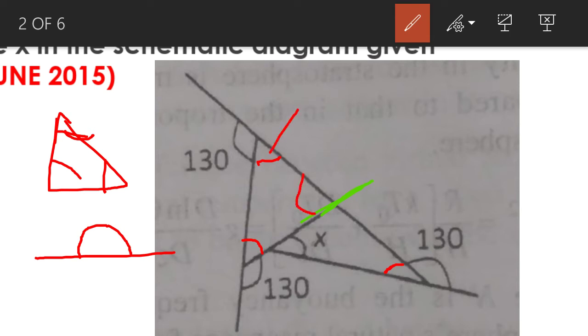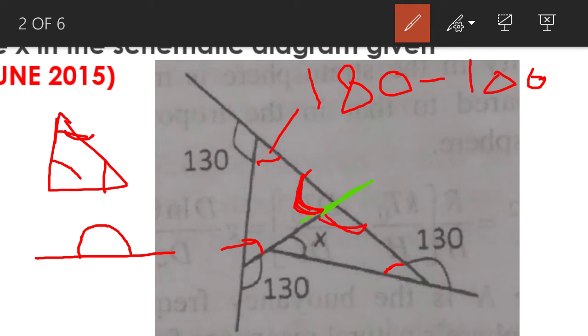This is 50 degrees, this is 50 degrees, then 50 plus 50 is equal to 100, and total is 180. So 180 degrees minus 100, and finally this angle will be 80 degrees. If this is 80 degrees, then the lower angle will be 180 minus 80, so it will become